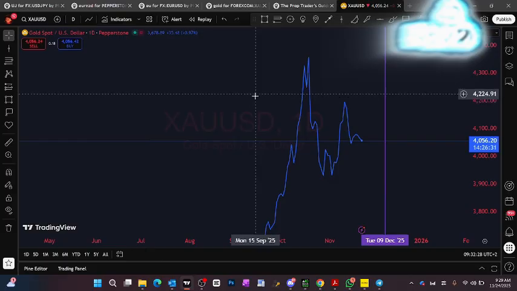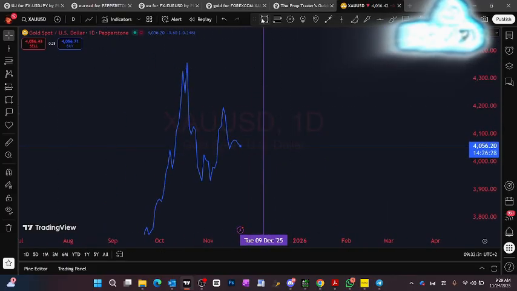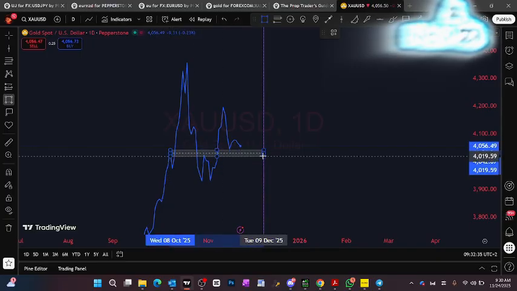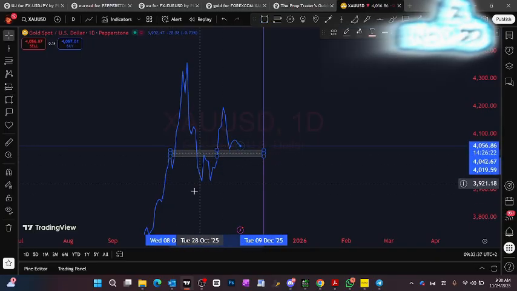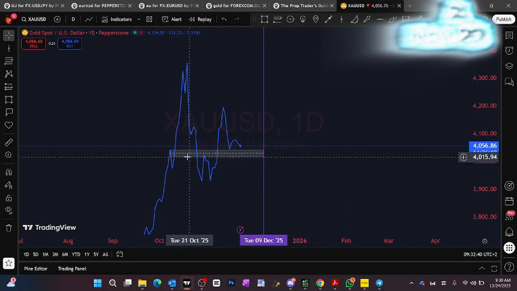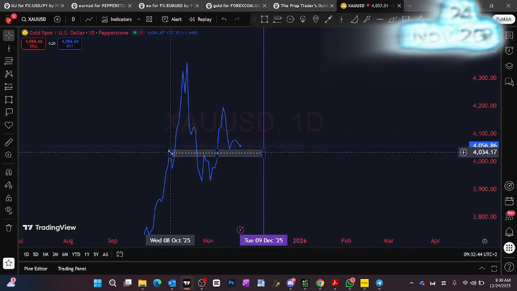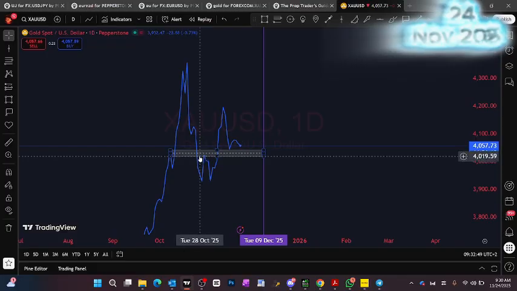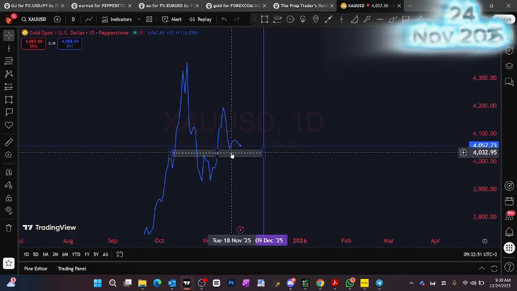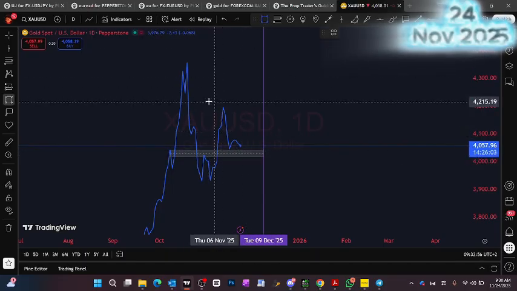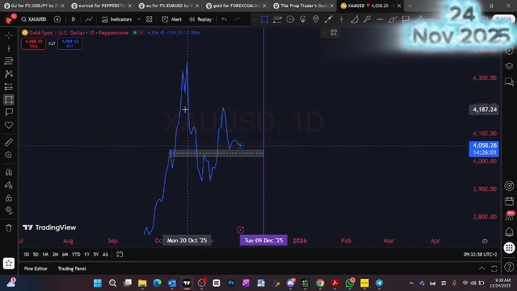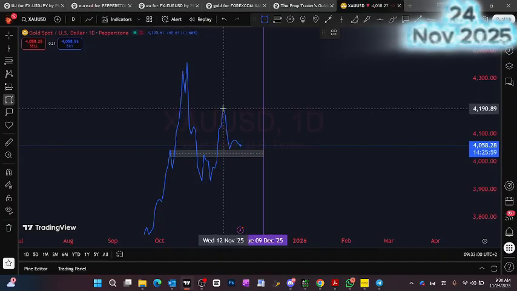So why I'm saying gold is in a, this right here, price rejected from here, and then it came back, touched there, and came back, touched again. So this is a zone. Another zone, I'll put it right here because price